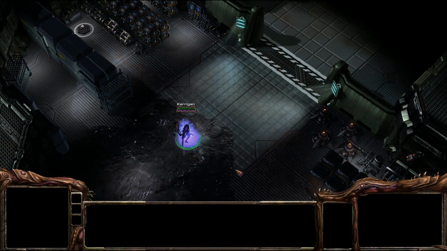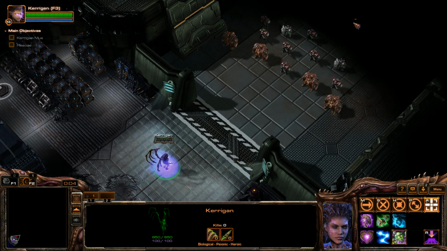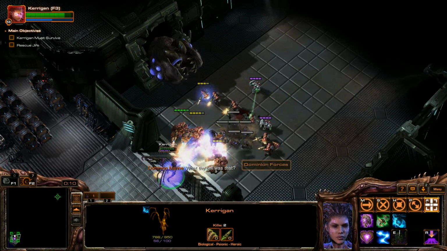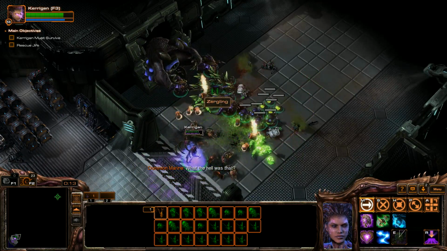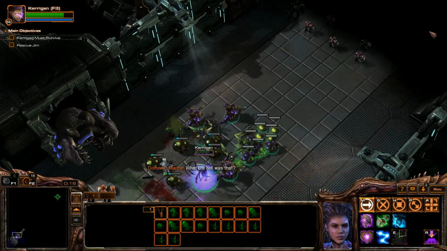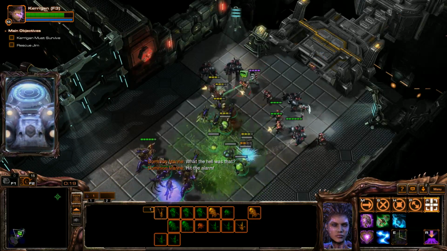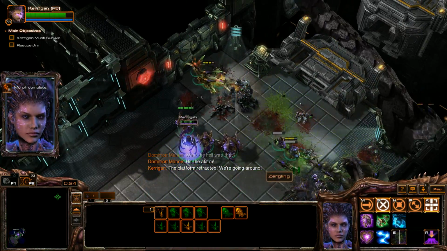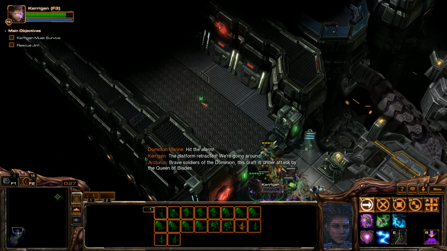So with this build, we just want to attack with Kerrigan, auto-attack, a lot. Just let her attack. We can turn these Zerglings into Banelings that we get as well. The platform retracted. We're going around. So all these Zerglings that we get...